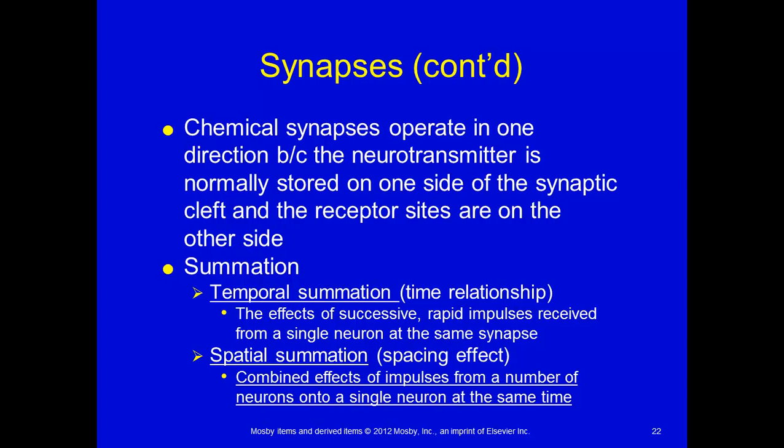So interestingly though, and I hope it makes sense after what we just talked about, chemical synapses operate in one direction, right? Because the neurotransmitter is normally stored on one side, on the presynaptic axon, and then released to this postsynaptic neuron, or this postsynaptic dendrite. So it's a one-sided relationship, right? And it can happen by a process called summation. It can be either temporal or spatial. So temporal summation,